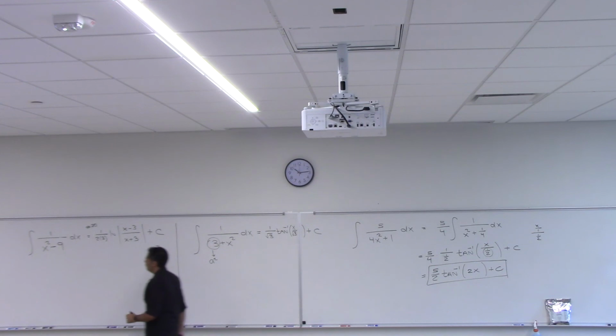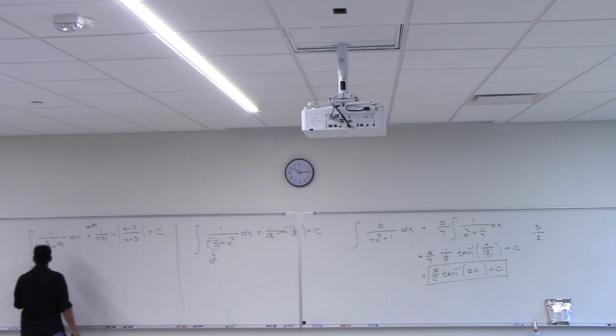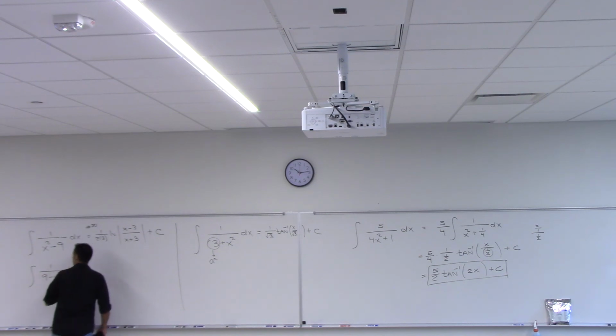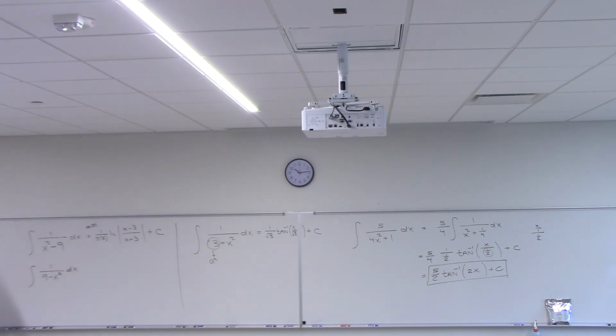What if I had given you the problem backwards? What if I had given you 1 over 9 minus x squared dx? What then? You could use formula 19, right? Or couldn't you pull a negative out of the bottom? If you pull a negative out of the bottom and bring it out, wouldn't it become a -1 out here? So couldn't I